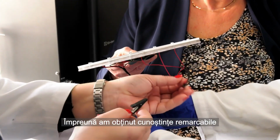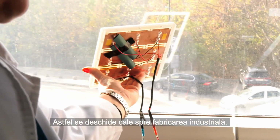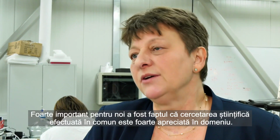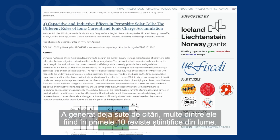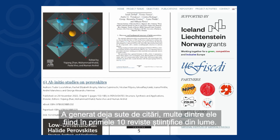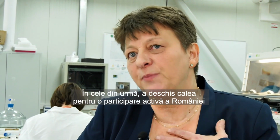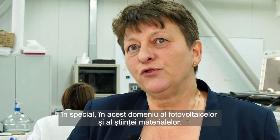So together we achieved remarkable knowledge about fabrication of this kind of perovskite solar cells and paved the way towards, let's say, industrial fabrication. Very important for us was that our common scientific research is highly appreciated in the field. It generated already hundreds of citations and many of them in top 10 worldwide scientific journals. And that obviously led to an increase of visibility of Romanian research and nevertheless paved the way to further active participation of Romania in the European research area, especially in this field of photovoltaics and